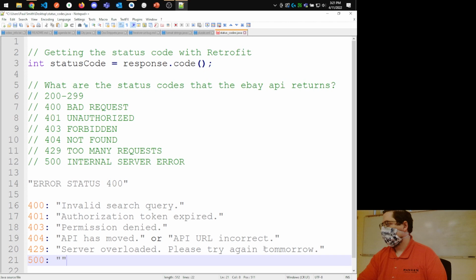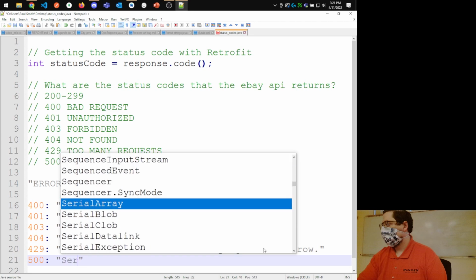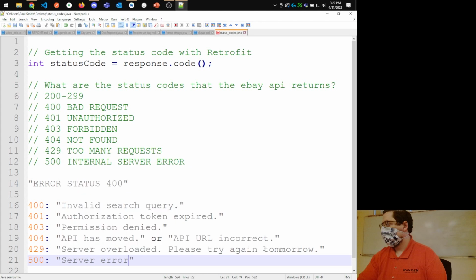So I might say something on the order of, "Server error. Please try again tomorrow." Because, again, I don't know how long it's going to take them to fix it. Rather than saying "later," because later means, hey, it might be fixed in a few seconds. Right? So does that kind of make sense in terms of, hey, we want to give the user some sort